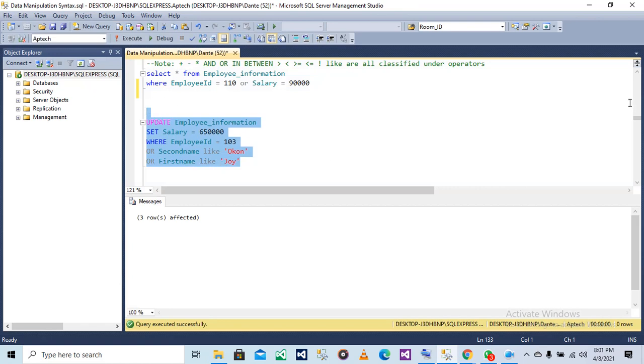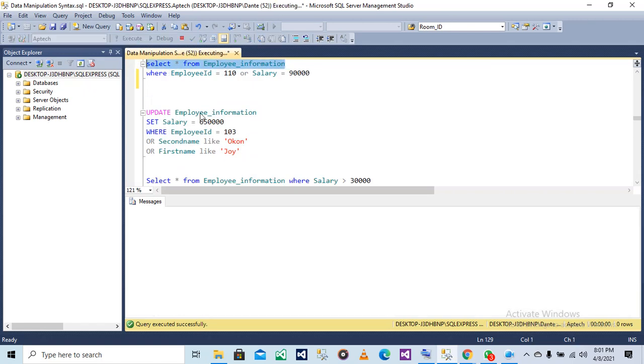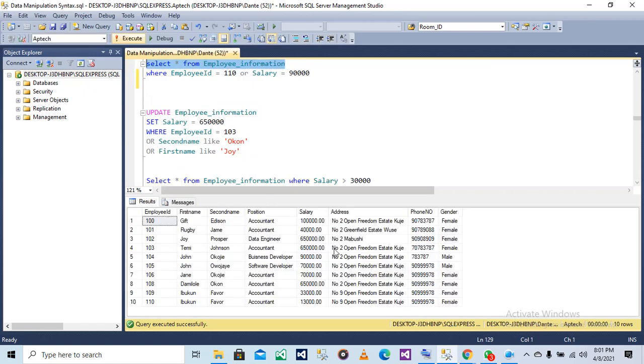3 rows affected. So let's go back and check all these conditions and see if the salary has been set to 65,000. So I'm going to run this. You can see the employee with ID 103 has a salary of 65,000.